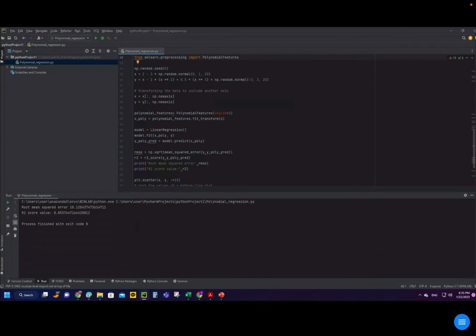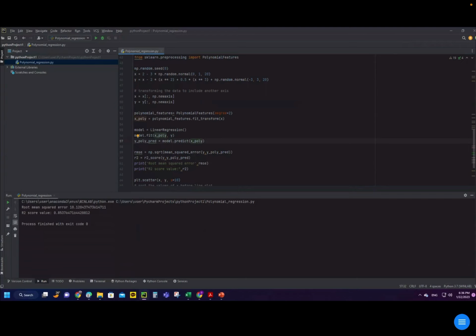So we have your x and y declared with the same variables, from -3 to 3 and 20 values total, and then polynomial features of degree 2. We fit using this handle, polynomial features dot fit transform of x, to get our transformed polynomial variable. Then using the linear regression model we already included from sklearn, and using model dot fit, we can now predict our values for x polynomial.